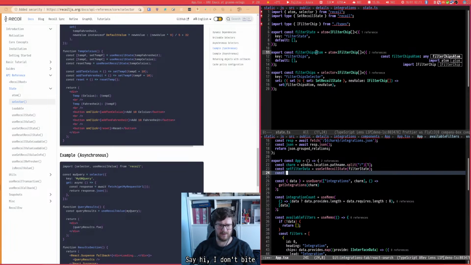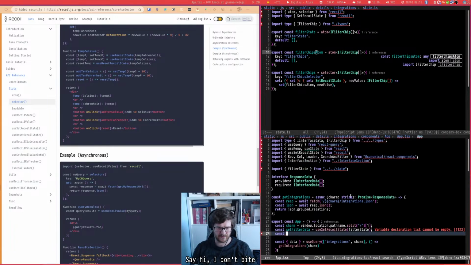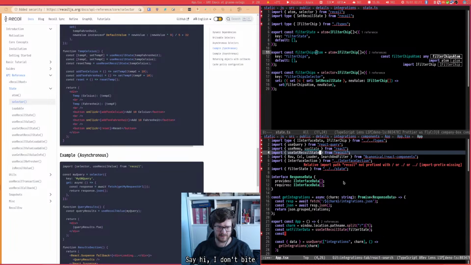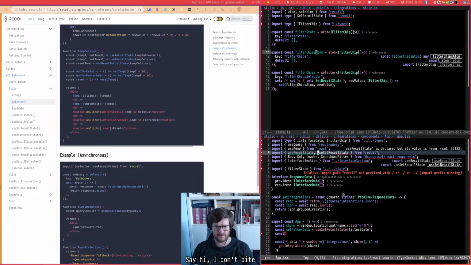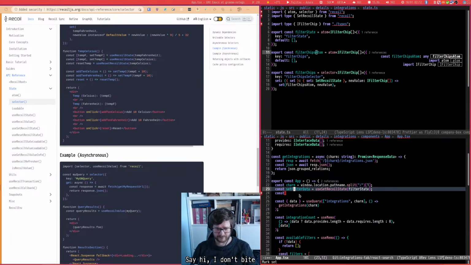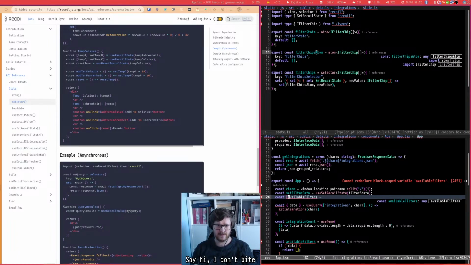We want... Yeah, we shouldn't have got rid of use recoil state. Use recoil state. Available filters. Actually, this wants to be available filters. Set available filters